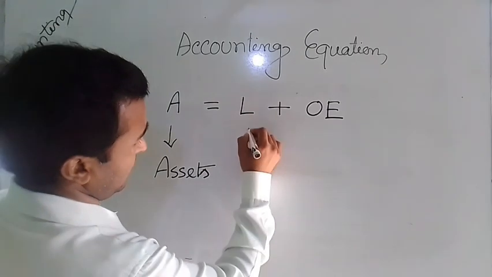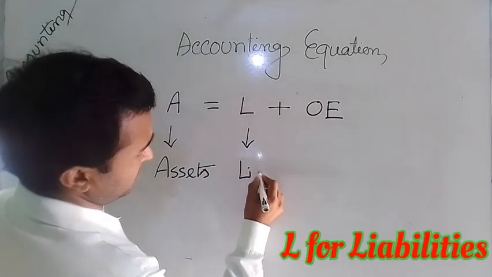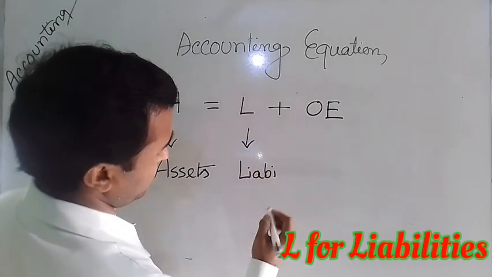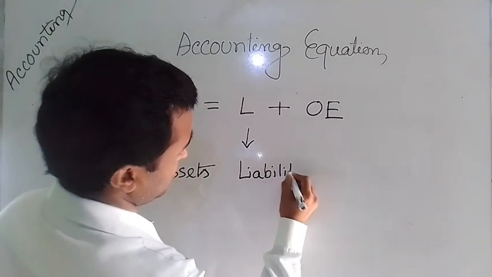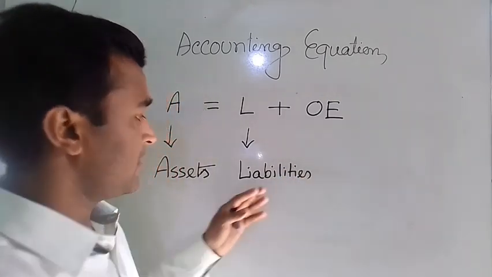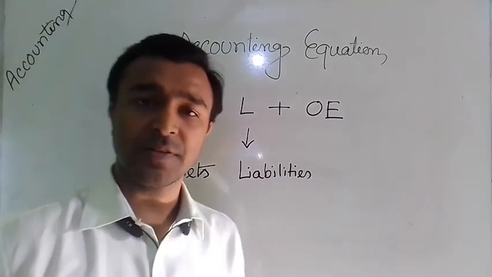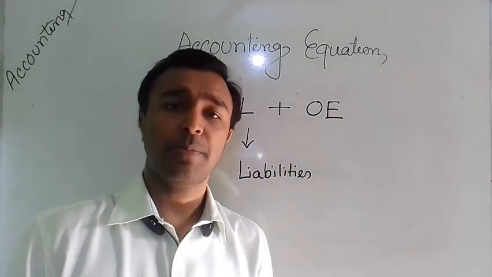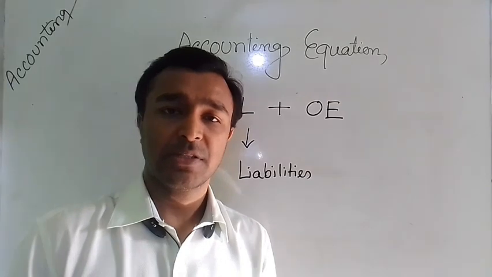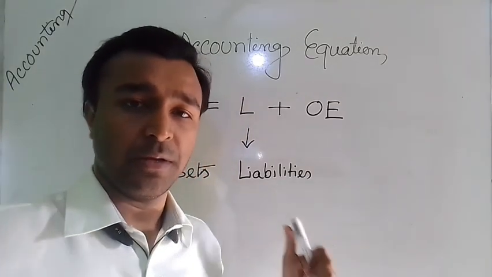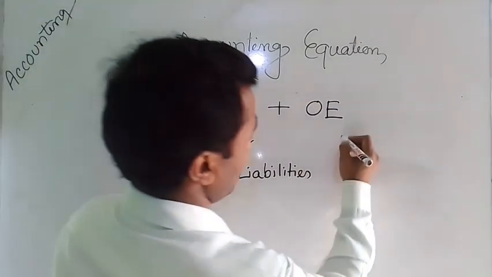Liability. L for liabilities. At first I am writing here. So what does liability mean? Liability means the financial obligation that has to be paid up after a certain period of time. That's called the claim of the third party. OE. OE for